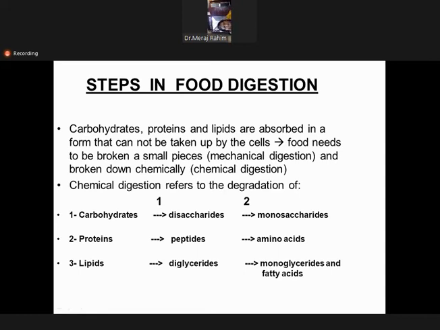Okay, so the chemical digestion begins after the mechanical. The particles become small in number by mastication. The chemical, which is the enzymatic actions, so that the carbohydrates are broken down into smaller, like disaccharides, they get more simplified to monosaccharides. The proteins, the peptide bonds in between the proteins are broken down into amino acids. Then the third nutrient which we take is the lipid, and that also gets broken down into diglycerides, which are further broken down into monoglyceride.